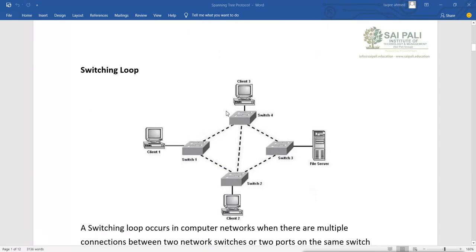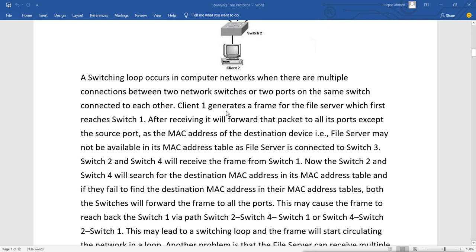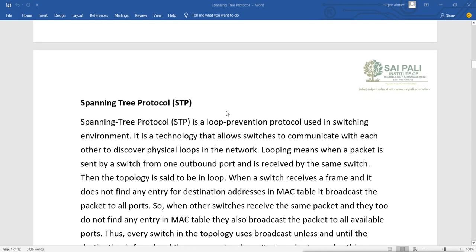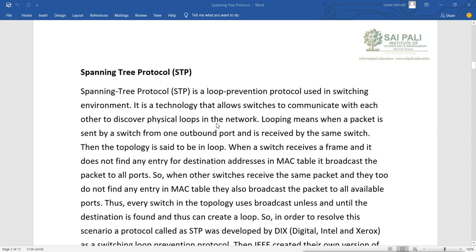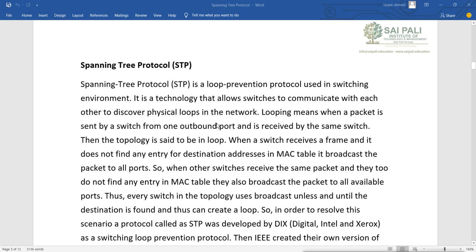Now to avoid this situation, we have STP, and by default this STP protocol is enabled on Cisco switches. It tries to avoid this kind of situation by disabling the looping interface.